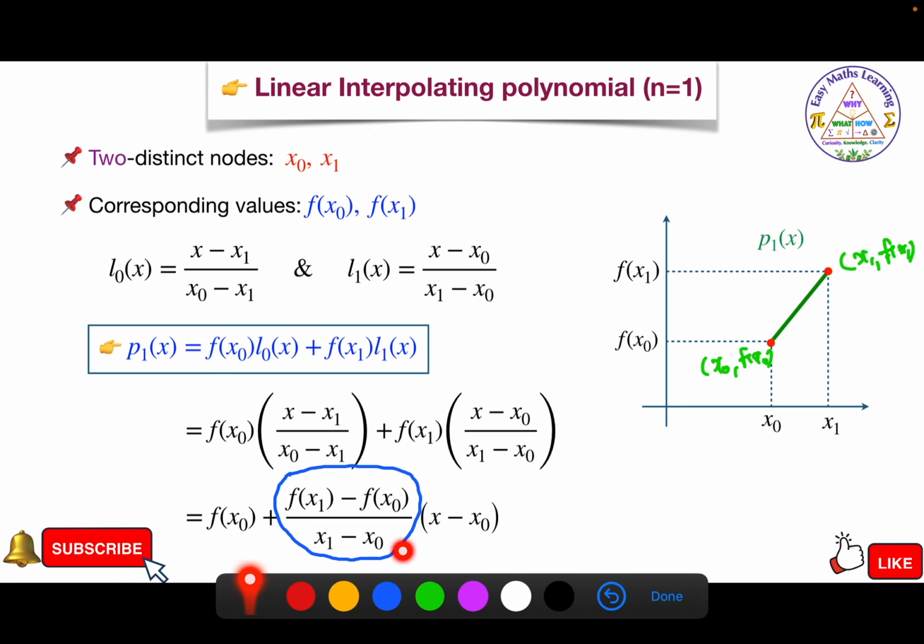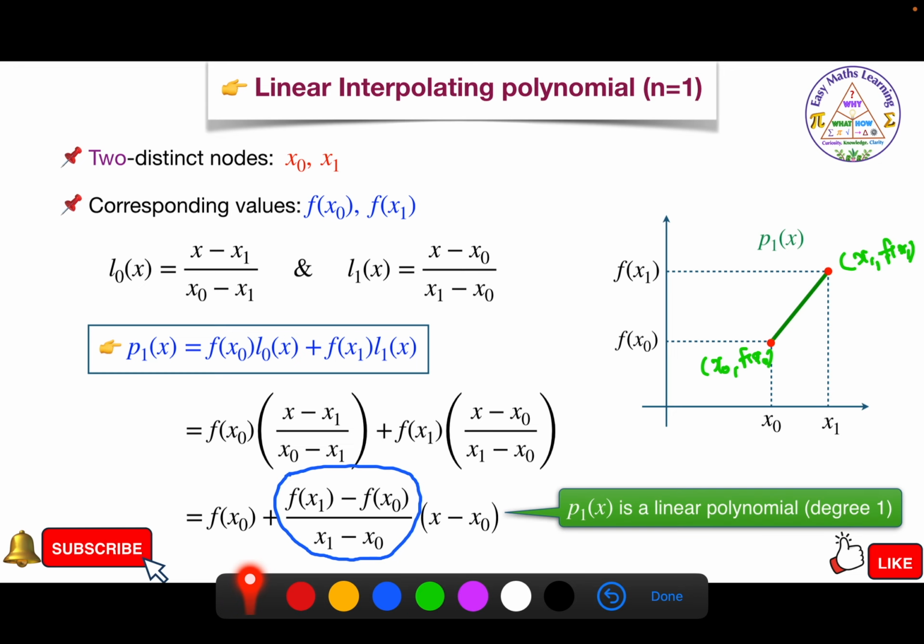So this is the slope of this straight line, that is, P1(x) means linear interpolating polynomial. So when n equal to 1, Lagrange interpolation gives a linear polynomial of degree 1 that passes through all the given data